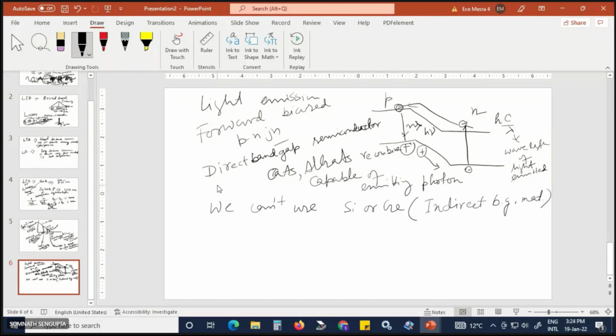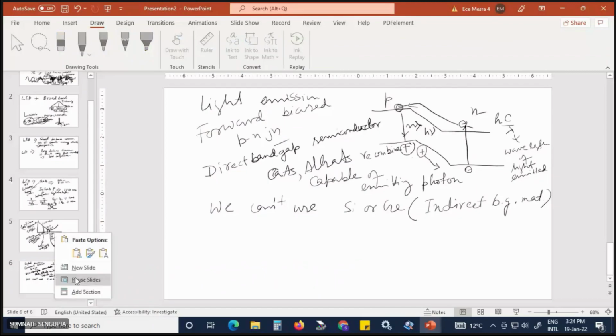You see what is the definition of direct bandgap. Generally the momentum of electron and hole should match. If you see the energy diagram, the EK diagram, the momentum should match. Then only it can radiatively recombine. Radiative recombination and non-radiative recombination. Then next, I will discuss